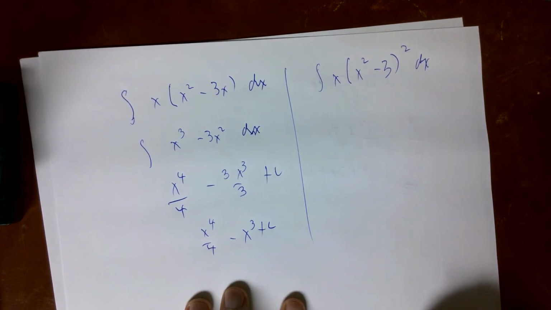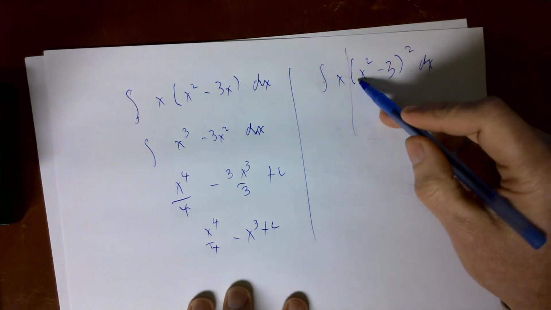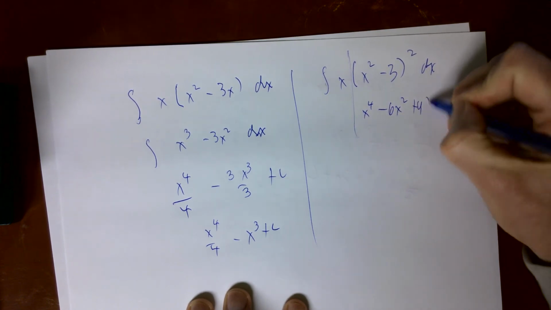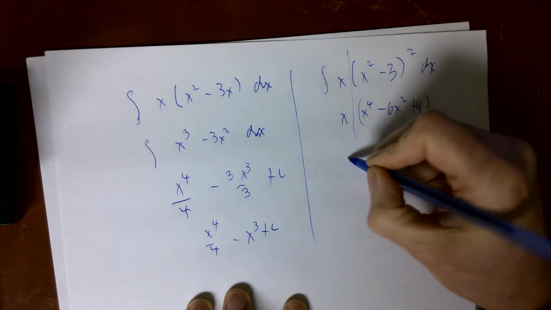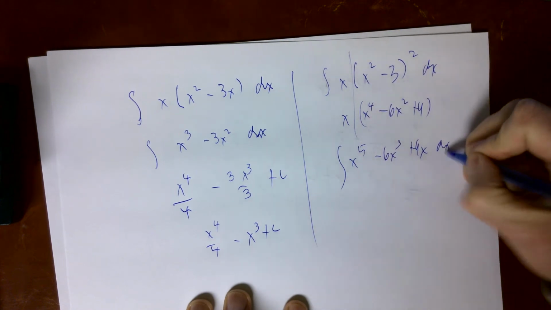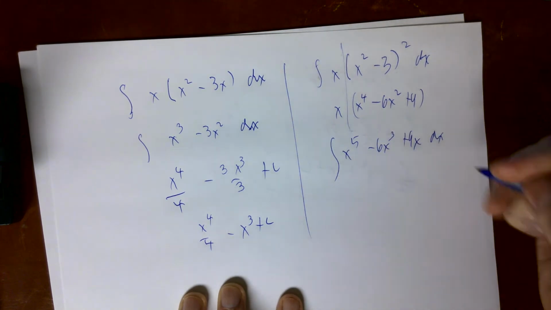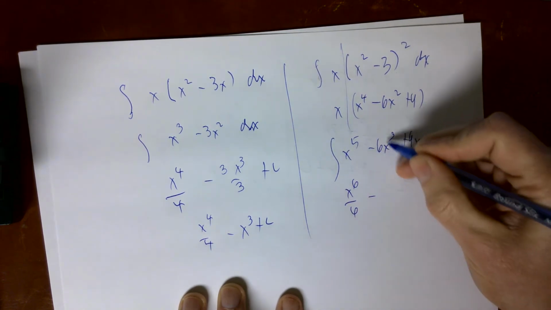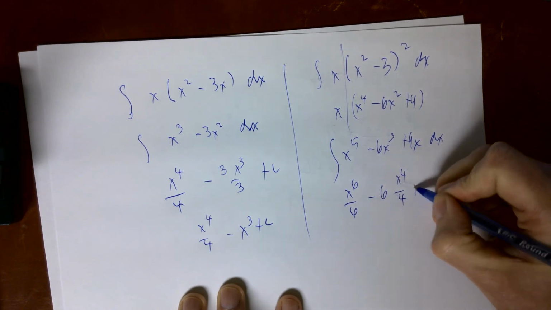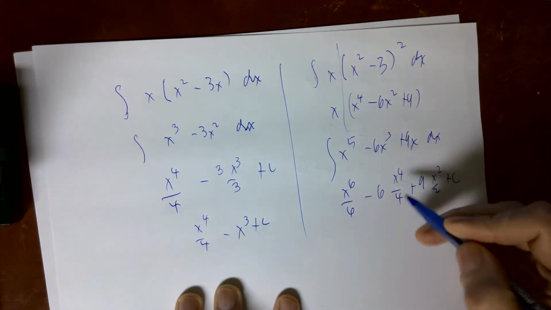And when they do this, smile and nod and just multiply everything out. So the first thing you deal with is multiply this out. That's going to give us x to the 4th minus 6x squared plus 9. Distribute the x, so it's going to be x to the 5th minus 6x cubed plus 9x. Now we've got it to something that we can deal with, so I can take the antiderivative of this, which gives me x to the 6 over 6. Let's see, that's going to give me x to the 4th over 4 plus a 9, and then an x squared over 2. Put a plus c,